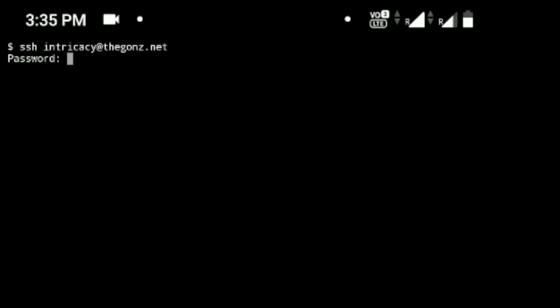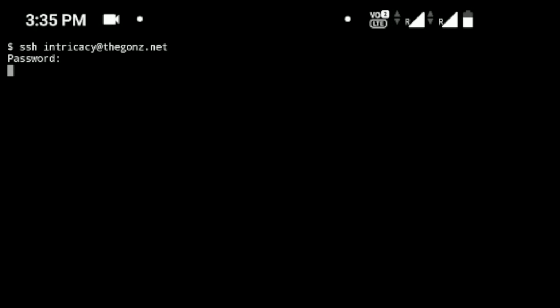At the place of the password, it will ask you to give the password. Just give the name of the game, that is Intricacy. The name of the game is the password itself. Now type that password and hit enter.